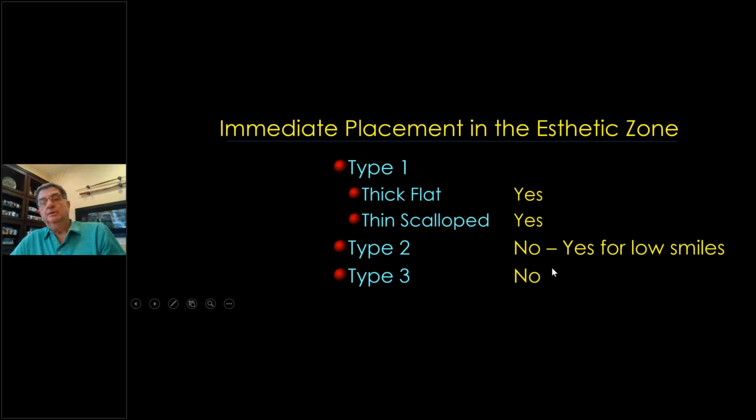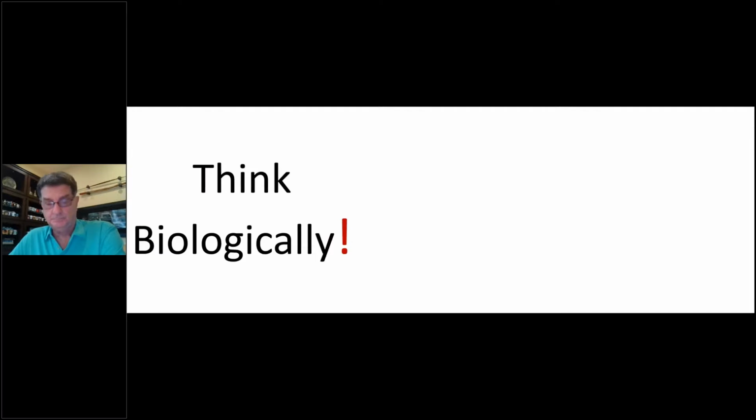So really, this is the kind of summation. Type 1s, go ahead, gung-ho. Type 2s, much more questionable, especially with the highest smile lines, because you're never sure exactly where that tissue will wind up. But you see, by grafting the gap, we keep the tissue out, and I showed you an evidence-based approach to everything that we did, step by step, research, thickness of tissue. It shows you everything with 4 to 6 year data. So we always have to think biologically. All my students know that that's the only way that they can walk into my room and to school.